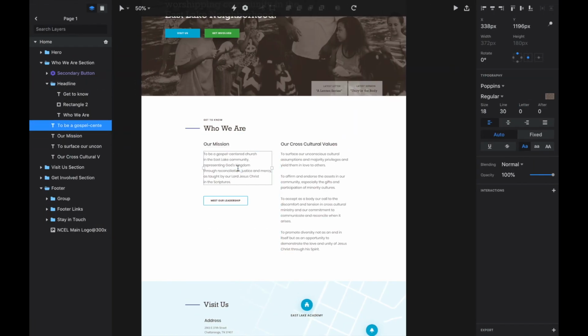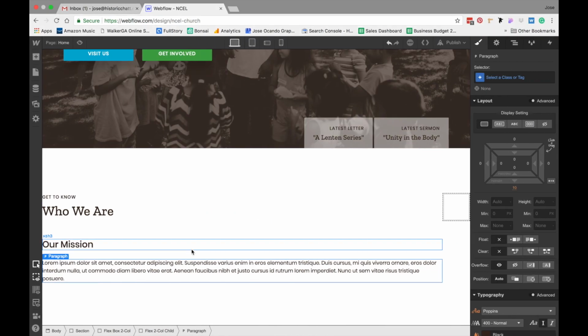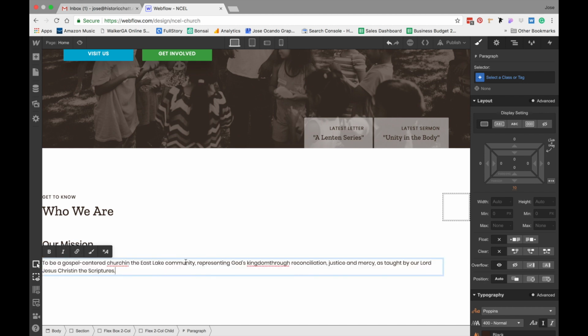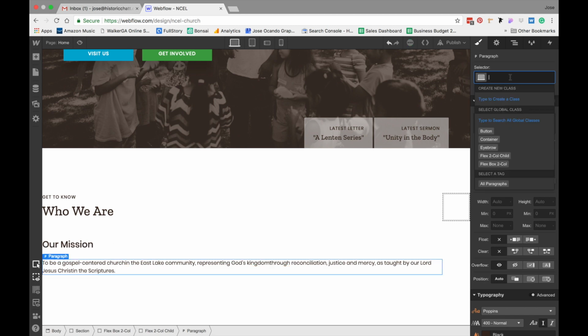And let me go get my text and add it here. All right, and I'm going to name this. Later on when we get to actually using the normal body copy, I'll select the all paragraphs tag to add our typography stylings. But since this is the only time that we're going to be using Poppins for body text,